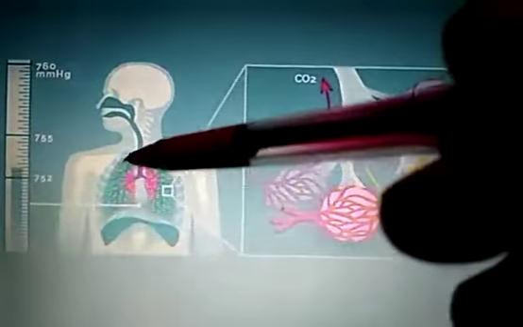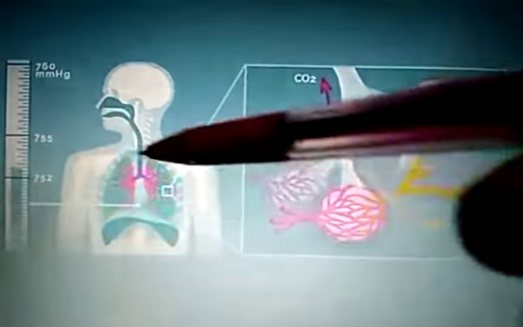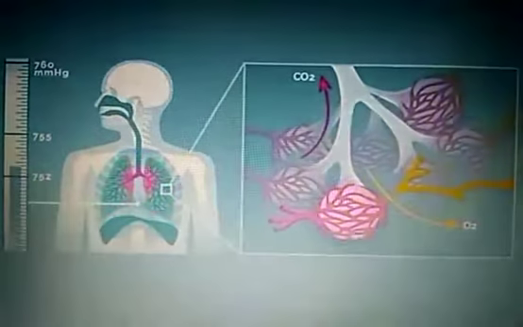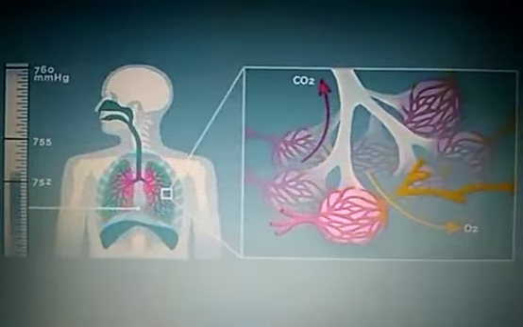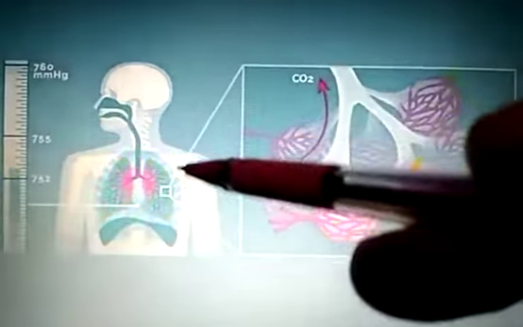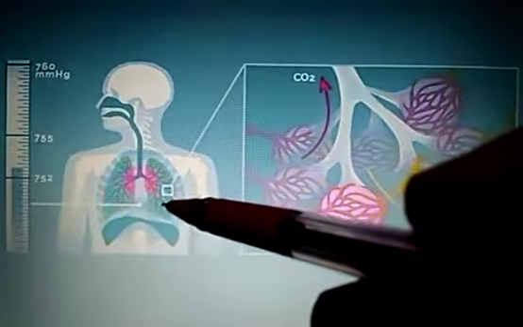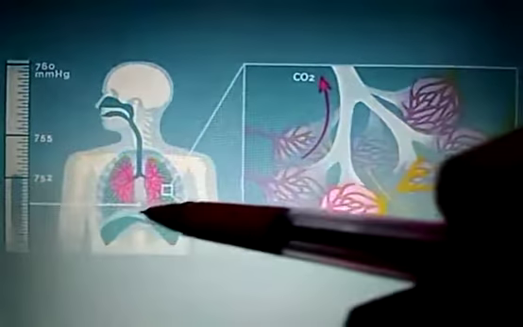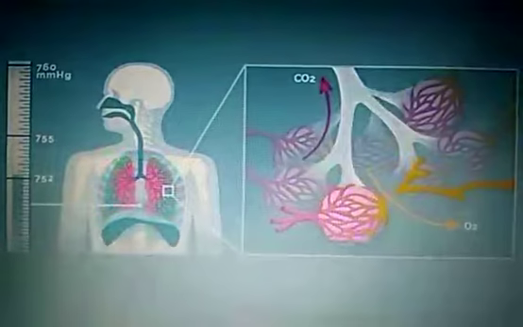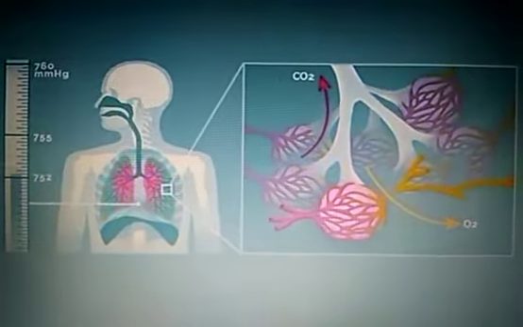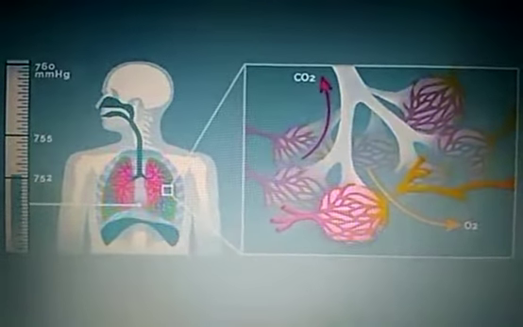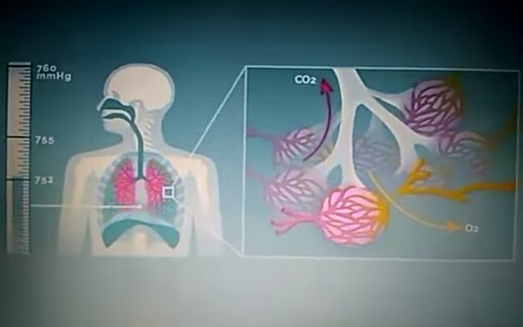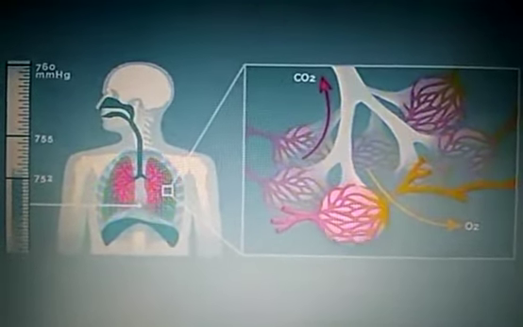See, all the parts of the respiratory system, especially the lungs, are the site where gaseous exchange takes place. Okay, and the lungs are surrounded by a layer known as pleura. So pleura is the protective sheath surrounding the lungs, and the cavity in which the lungs reside is known as the pleural cavity. Now let us understand each and every part of the human respiratory system one by one.